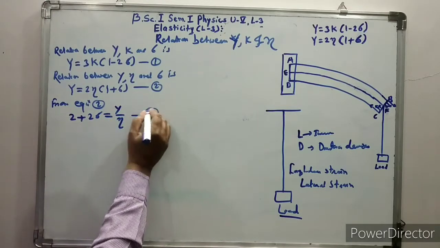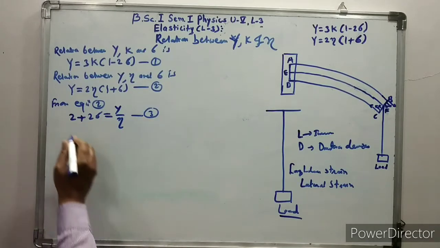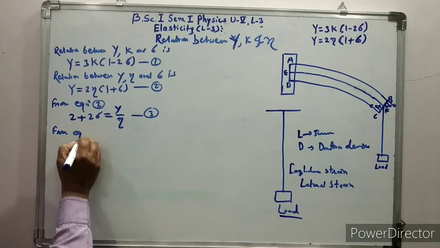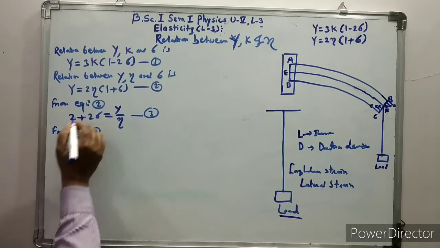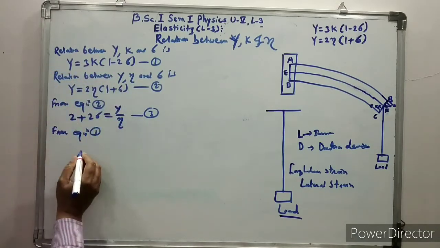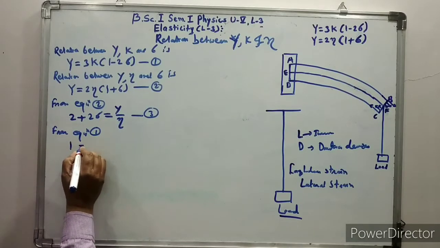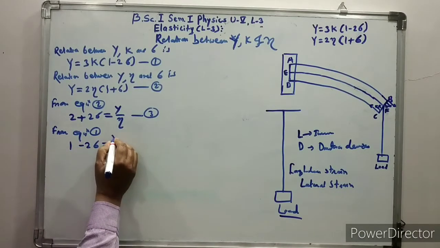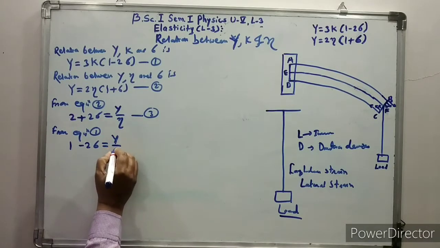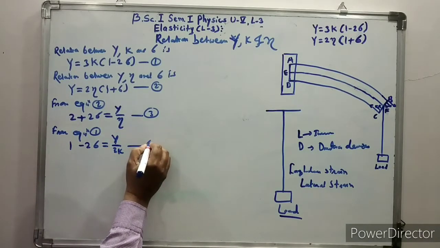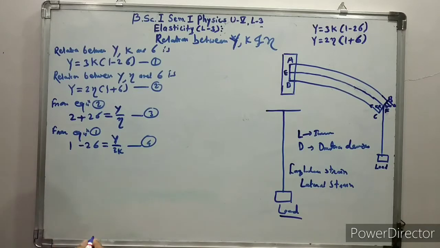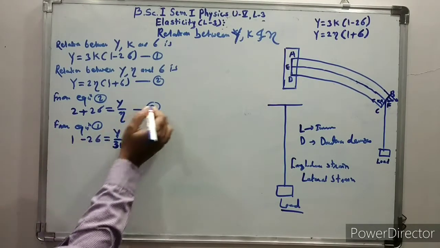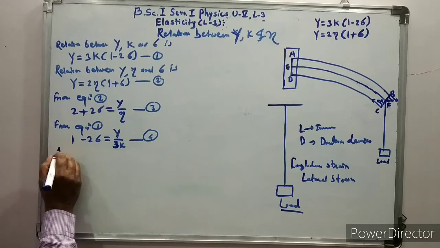Let it be equation number 3. And from equation number 1, transfer 3K to the left hand side, then we have 1 minus 2 sigma is equal to Y by 3K, equation 4. Now adding equations 3 and 4,